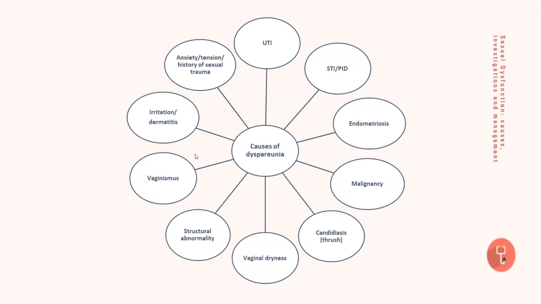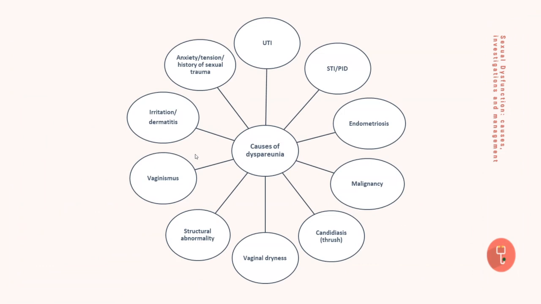Vaginal dryness can have a multitude of different causes. One of the common ones that you'll see, especially if you're in GP and you get a lot of gynae patients coming in, is menopausal women or menopausal people with vaginas. When you go through menopause, your estrogen decreases. That can cause less natural secretion and lubrication of the vagina, so that can cause dryness. And obviously if you're sexually active and you're not lubricated enough, that can cause a lot of discomfort and